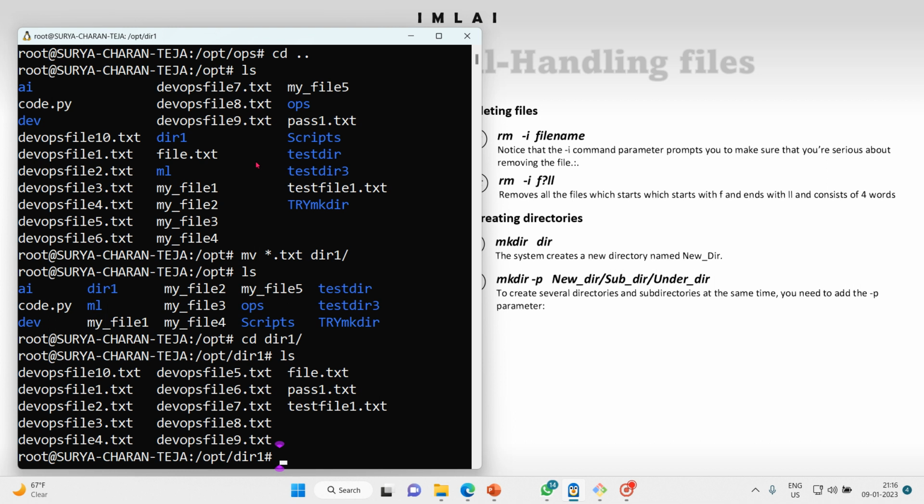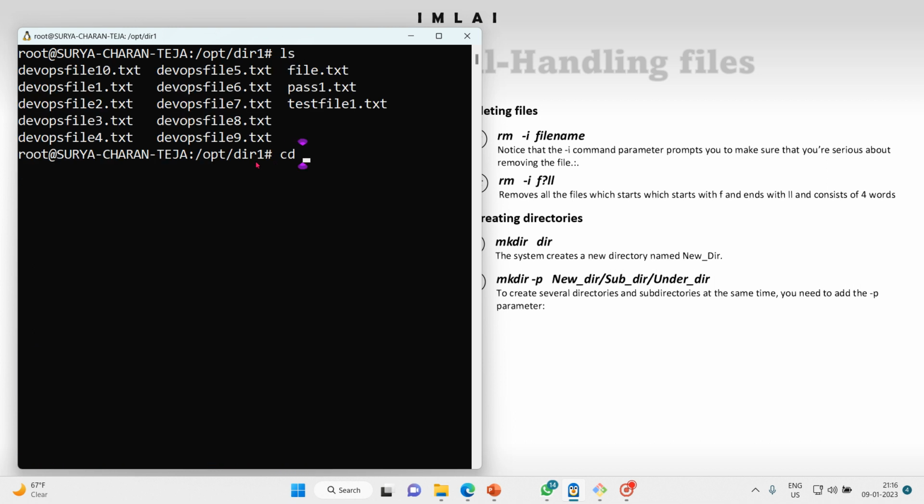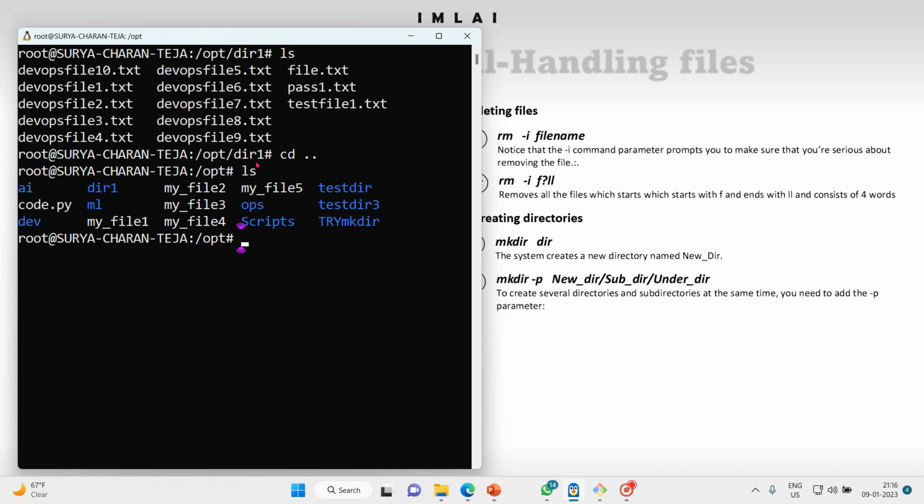So now we will try to create a parental directory. For that, for example, I'll get back one level up, and then here I will create one parental directory. For that, what we have to do is we have to use the p option, and then